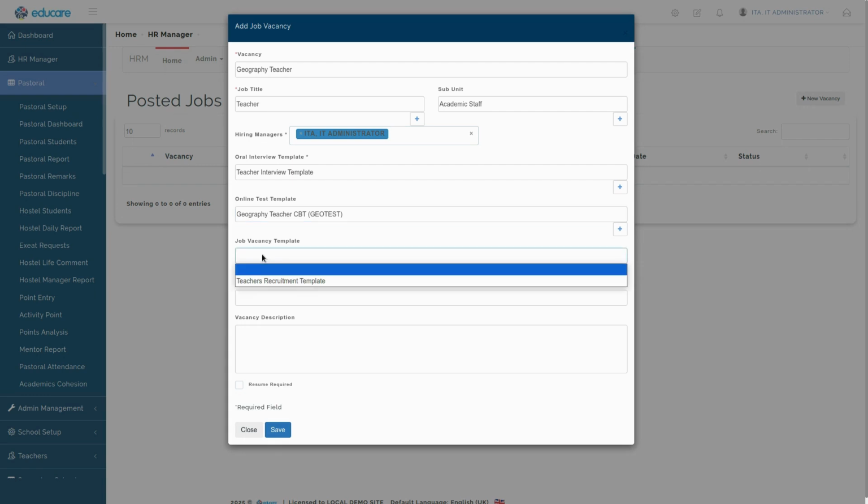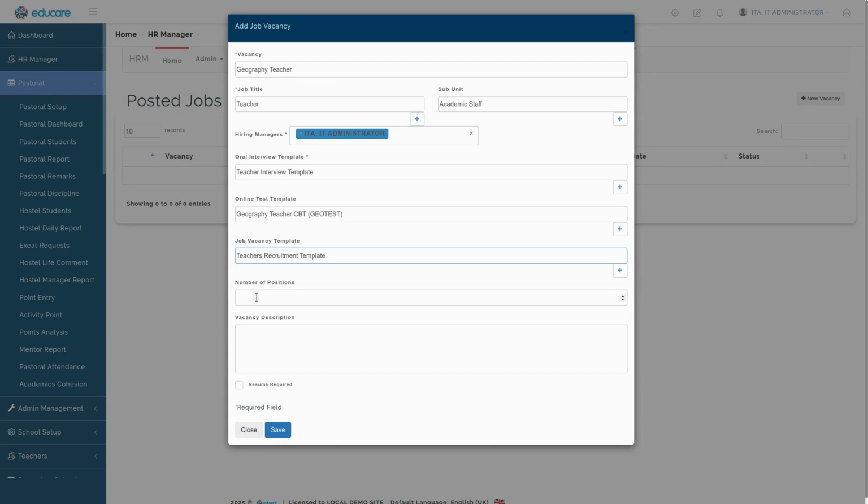Then the vacancy template that we created initially. This is where we pick it up. Now, what number of positions are available? One or two or three? Let's say we just need one person. So we just key in one as the number of positions. And then here we give a quick vacancy description. So you can add whatever you want as the description of the geography teacher